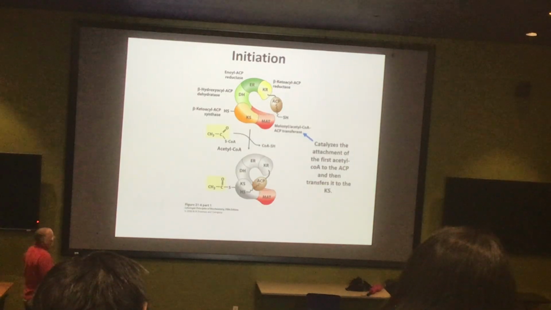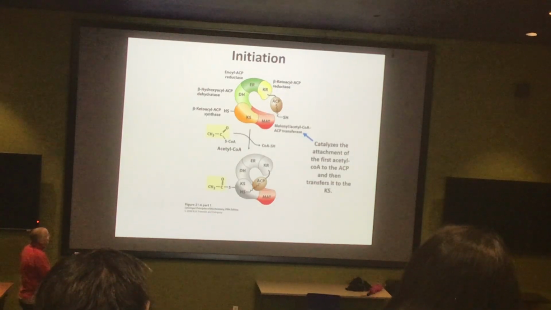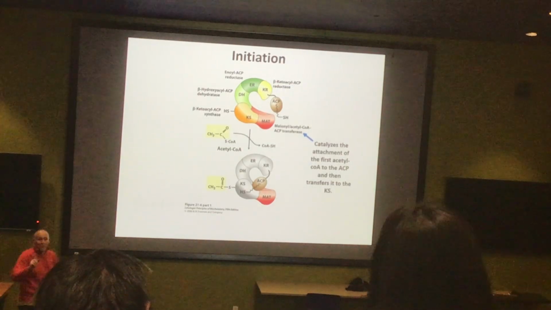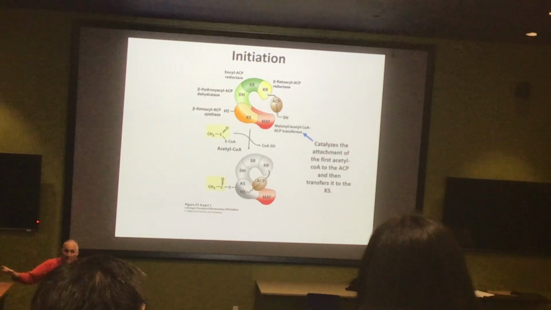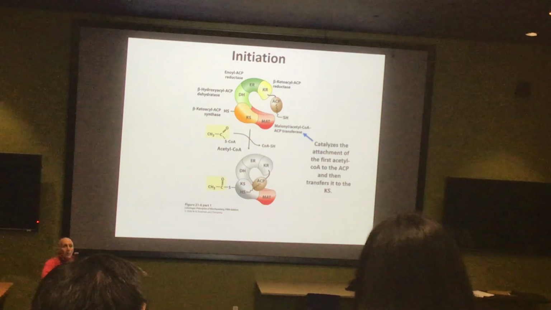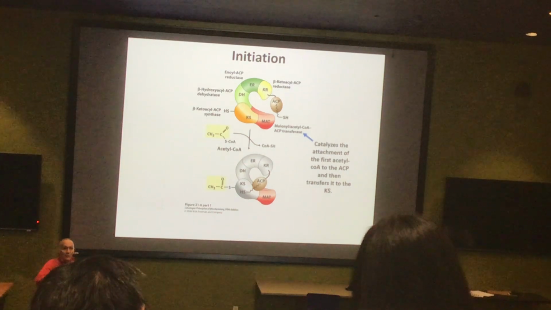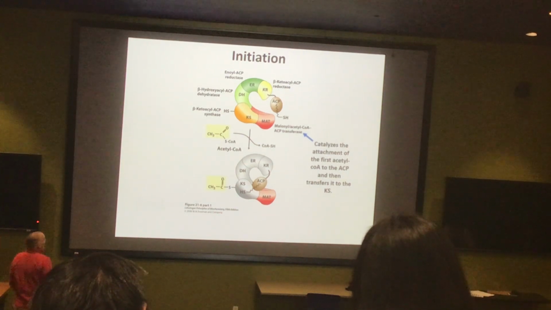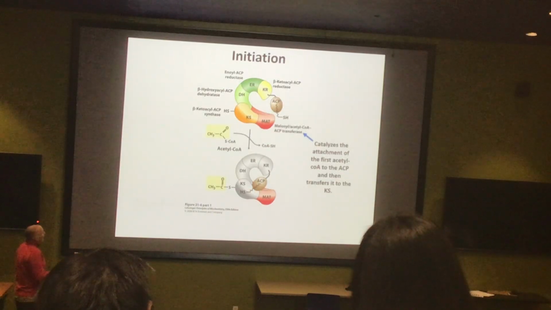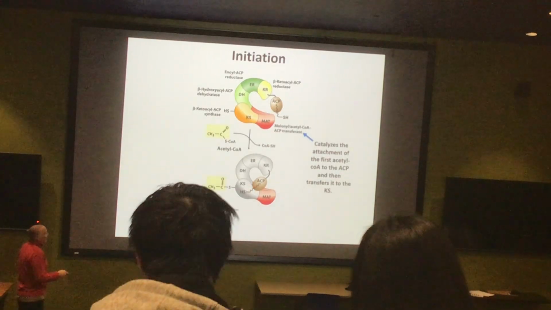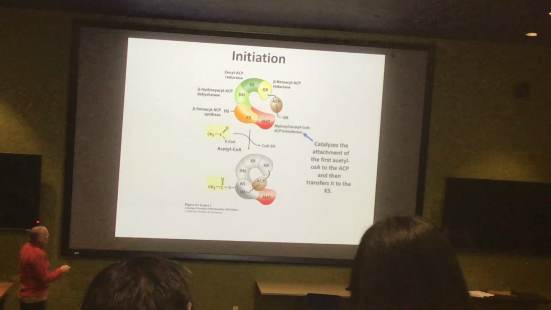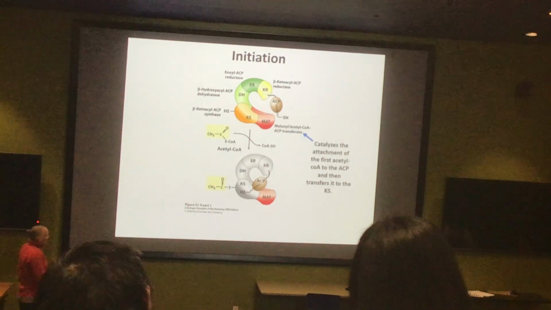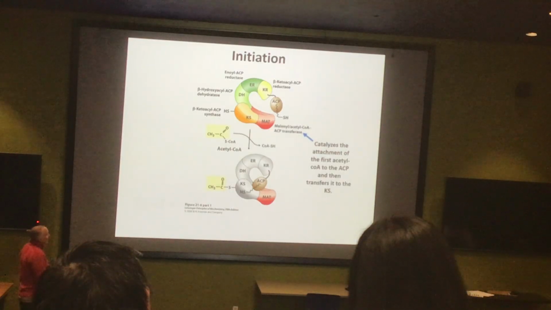So let's take a look at what's actually happening here. We're going to start our first round, and our first round only, the only time in this entire process where we directly use an acetyl-CoA is to install those first two carbons. So we start, essentially, by adding a CoA initially to the ACP, and then that gets transferred onto the KS domain. So the route is acetyl-CoA to the ACP domain, to the KS domain. That's what this represents, just to be clear.